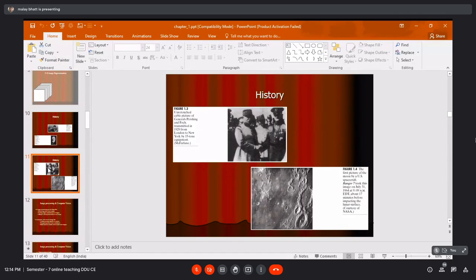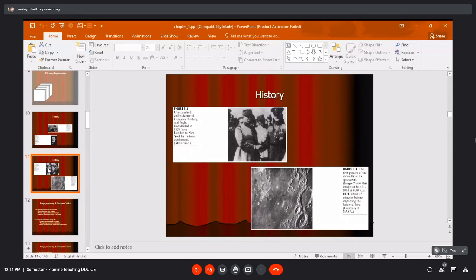Then the third picture we can see, which is also very popular. It is an unretouched picture from 1929, which was transmitted from London to New York through a 15-ton equipment.